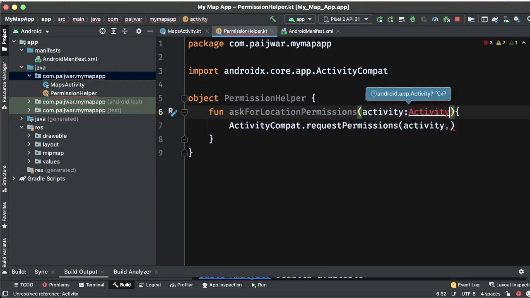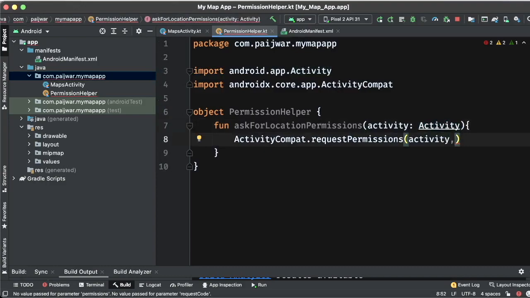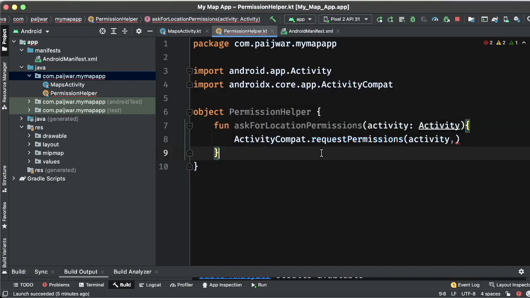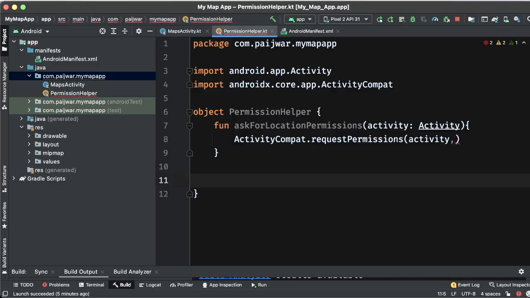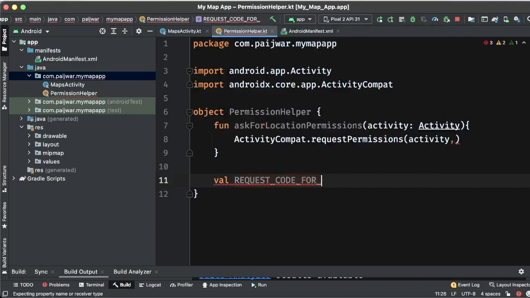Now the second parameter that it needs, we can see it here actually. Its second parameter is a string array of permissions and the third one is the request code. So I will be creating a request code for permissions and we'll assign it as maybe any number,